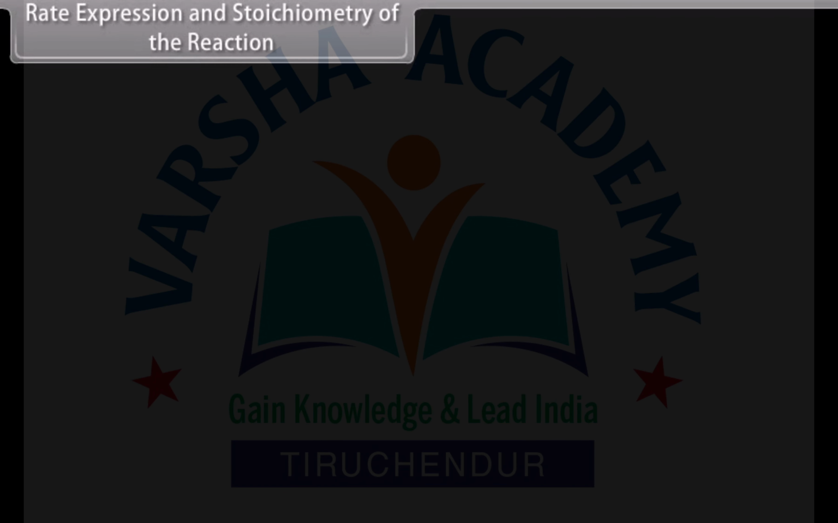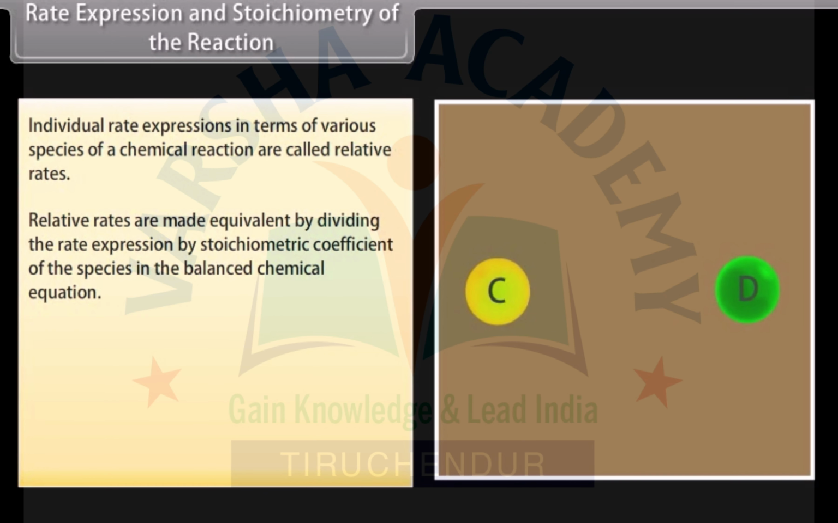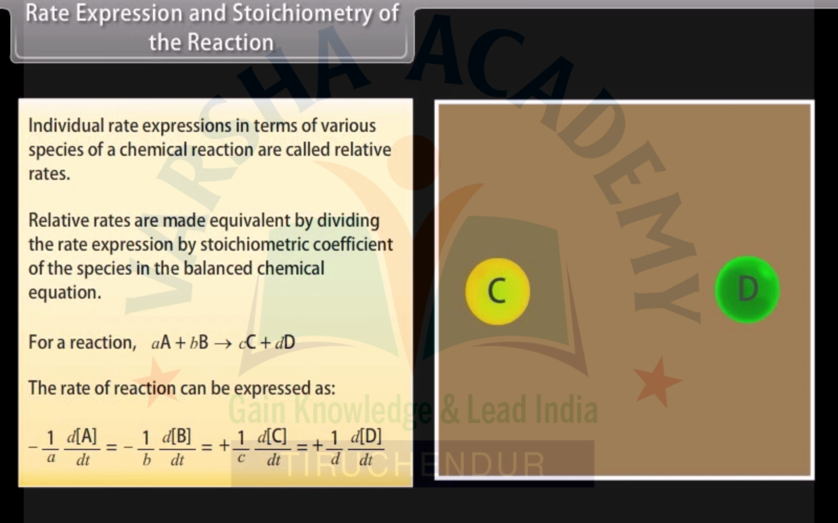Rate expression and stoichiometry of the reaction. Individual rate expressions in terms of various species of a chemical reaction are called relative rates. Relative rates are made equivalent by dividing the rate expression by the stoichiometric coefficient of the species in the balanced chemical equation. For a reaction aA + bB makes cC + dD, the rate of a reaction can be expressed as